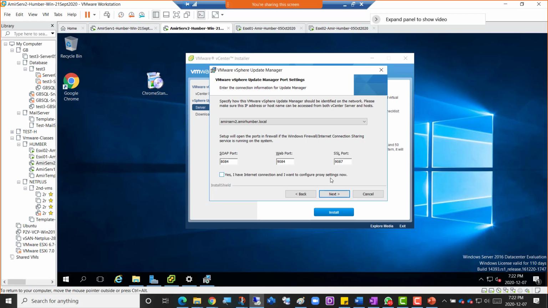Suppose many people are going to Facebook, you can go to the proxy software and block Facebook or any other site. So it's security as well as a fast internet connection for you. We don't have proxy software. We have a DSL router at home, so we're getting IPs and internet directly from there. We don't have to do anything.